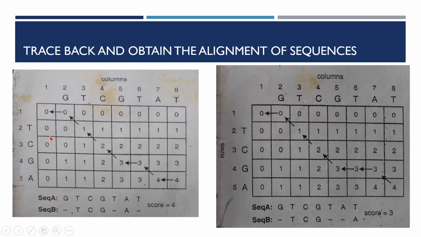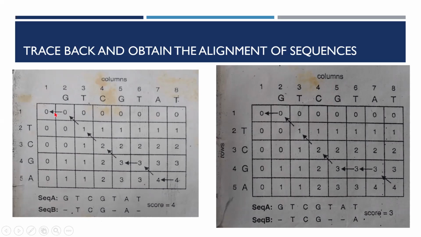G with a gap, because this is a horizontal move, then TT, CC, GG, T gap, AA, T gap, right? So the maximum number of matches in this alignment is 1, 2, 3, 4. The score is 4. So this is one trace back which is followed.